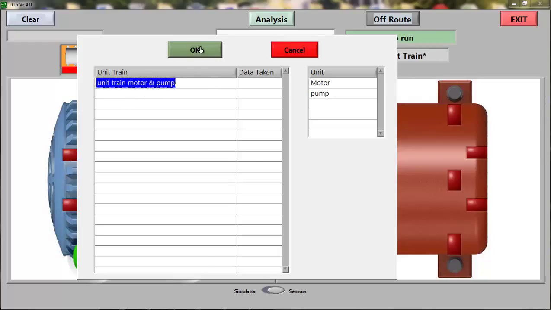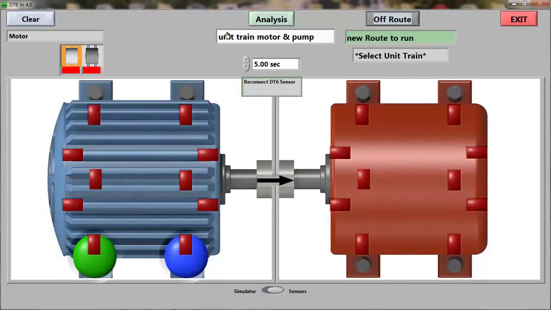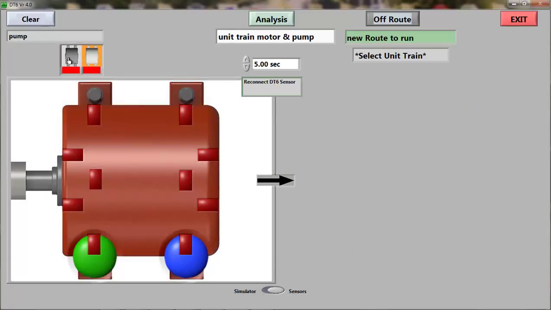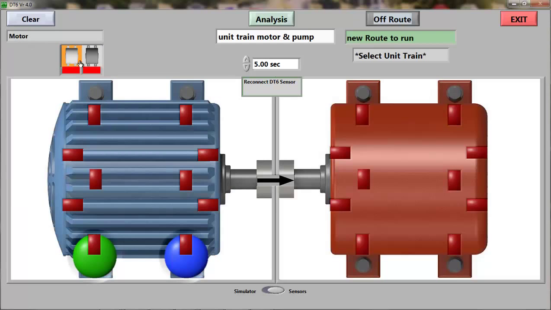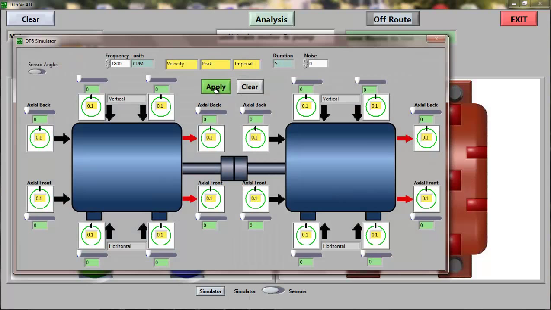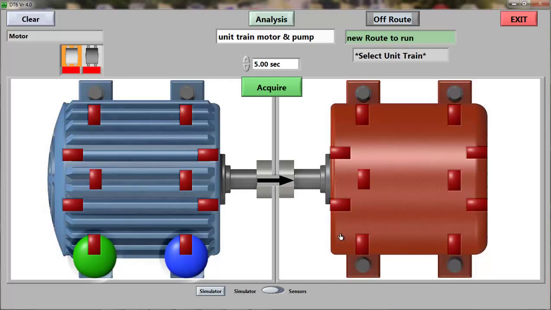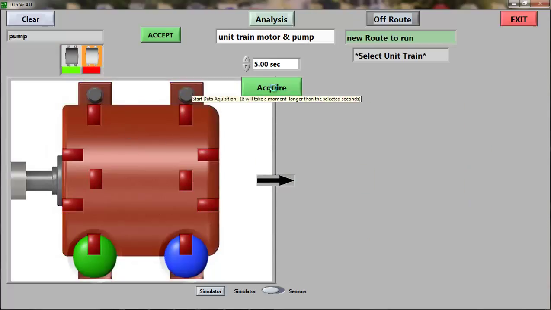Here's our unit train, accept it. You'll see it populates the name and the unit that we're on here. We can navigate between the units, and let's go ahead and use a simulator for speed. Always want to apply the given settings so the simulator is all registered. And we'll just grab a reading,